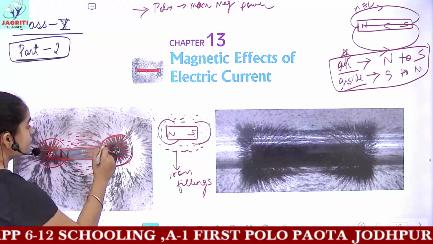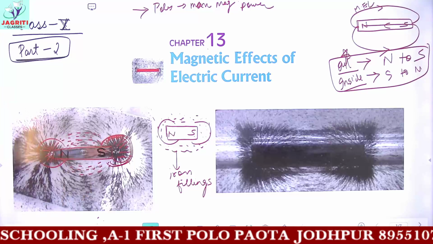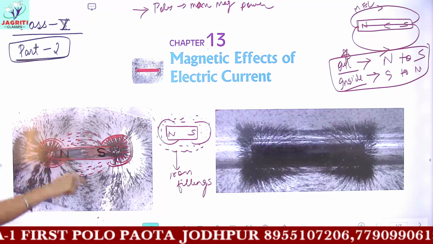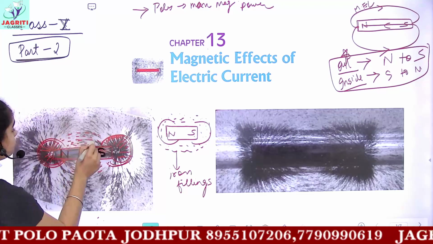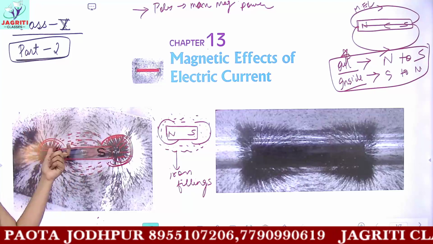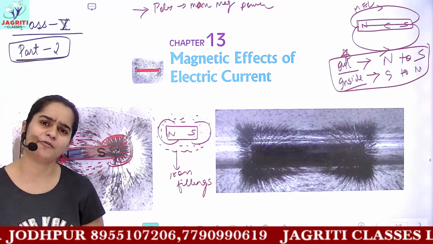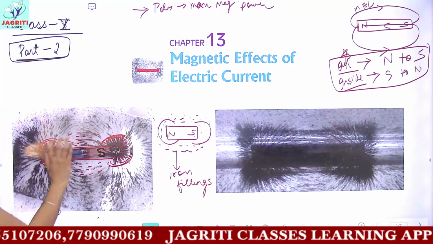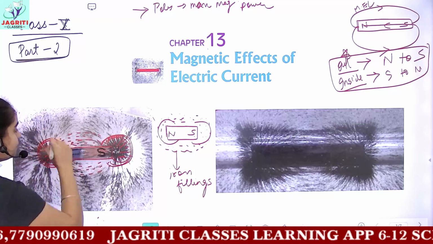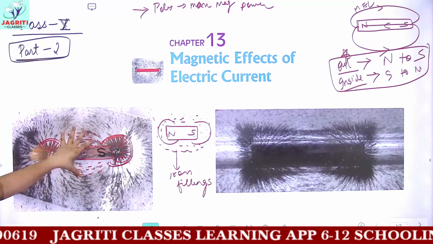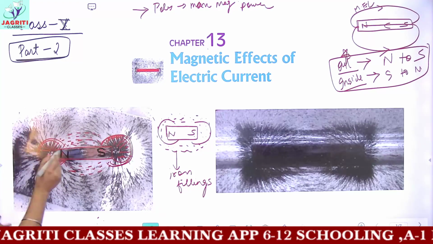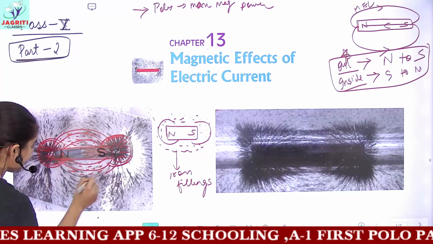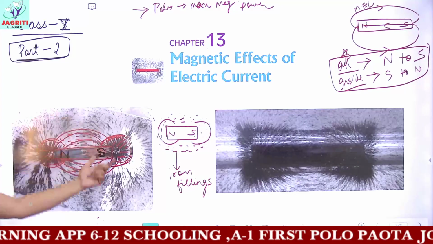So most of the iron filings were arranged near the poles, and that too in a concentric manner, in a circular manner, okay, as it is clear from the diagram. And the rest of the iron filings, because except the poles, the middle portion of the magnet also has magnetic power. Yes, it is lesser compared to the poles, but definitely some amount of magnetic power is present. So some iron filings get attracted towards the middle portions of the magnet, and they are arranged in this manner. If you can see the pattern of arrangement, it is in this sort of manner.